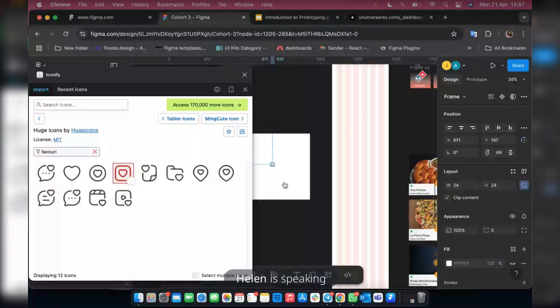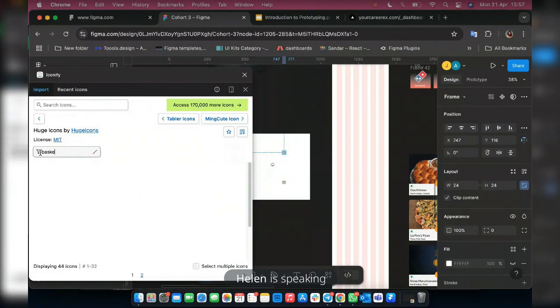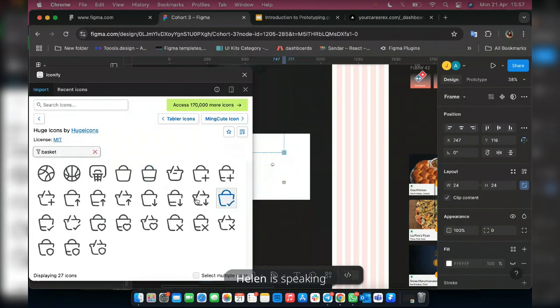Yeah, so the next one is going to be settings. I'm going to use this one. So the next one is going to be cats. So I'm using baskets instead of cat. So I'll be using food baskets. So I think I'll use this